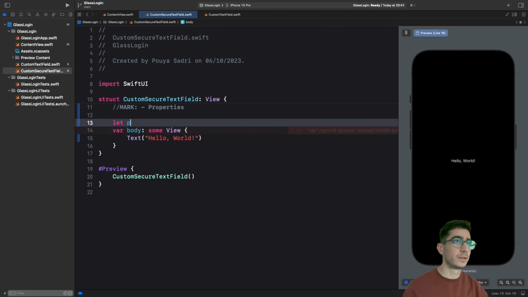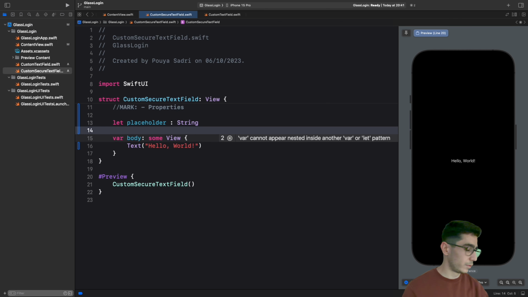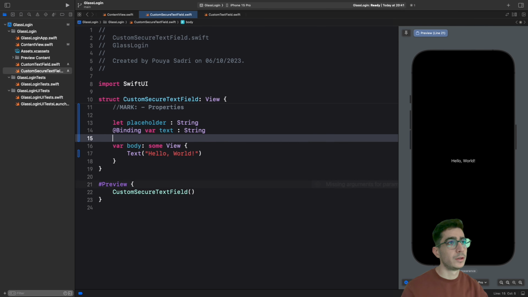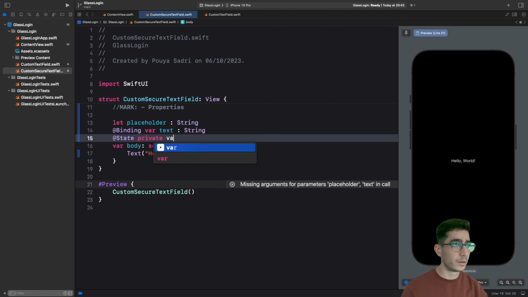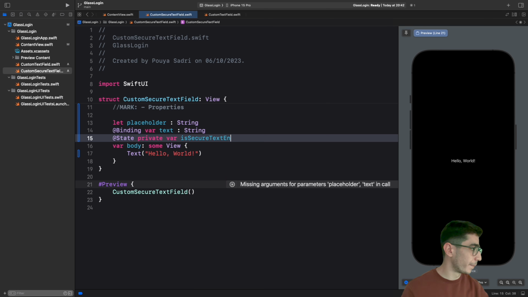We have a let placeholder again, a String, a binding for our text, a String, and @State private var isSecureTextEntry,